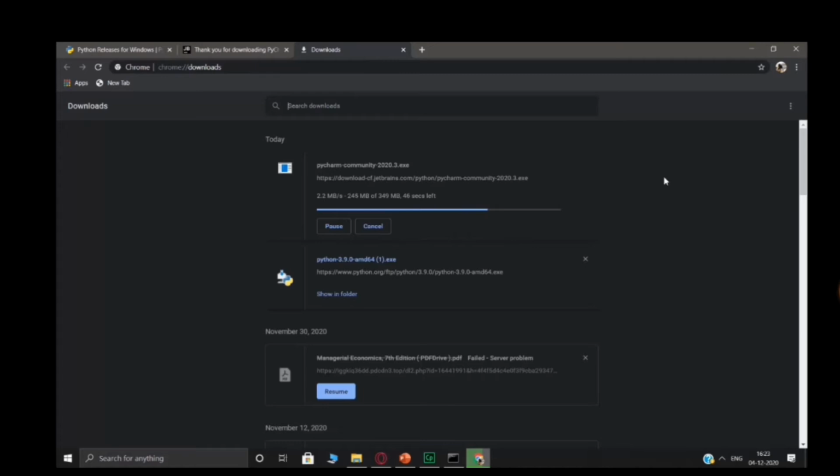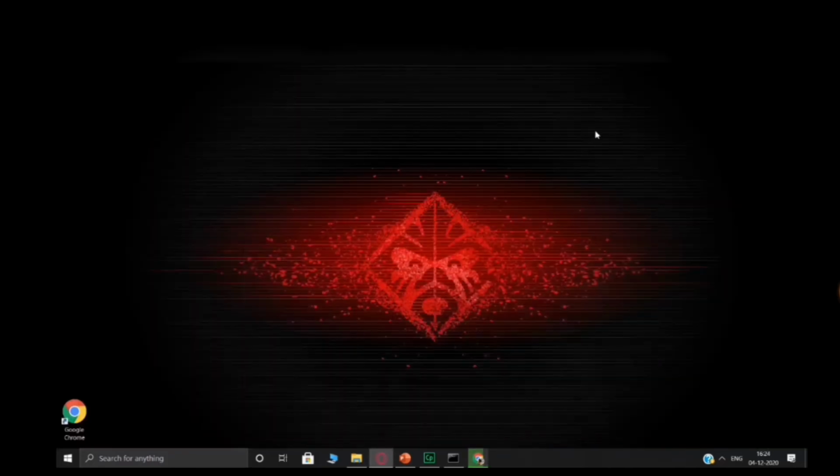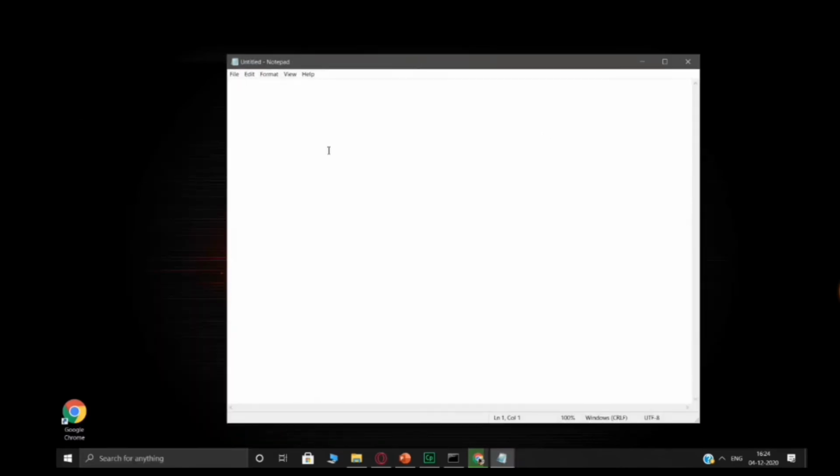Alright, so our download is about to complete. Before that happens, I want to just give you an idea of what the other option is. The other option is that you open Notepad, and inside Notepad you can just write your code down. Like if I just write a code,